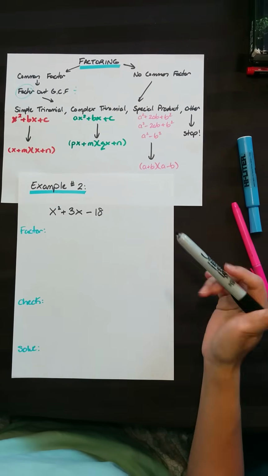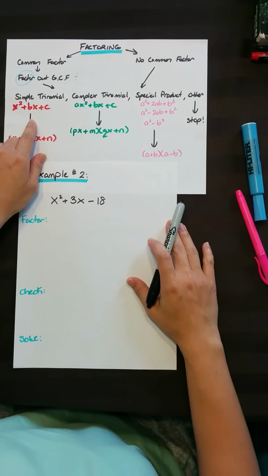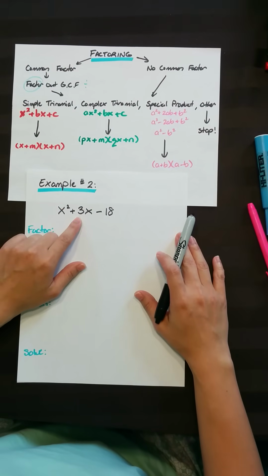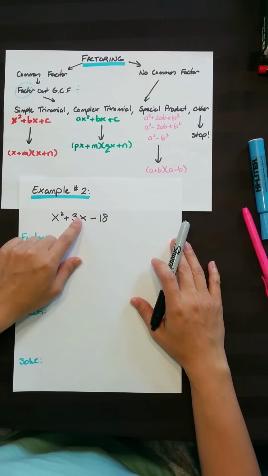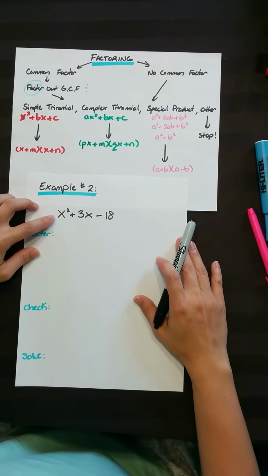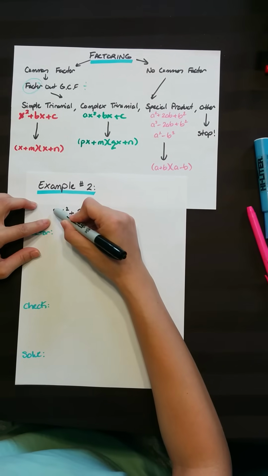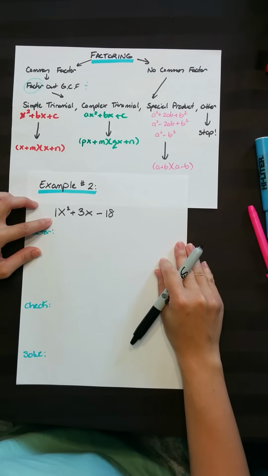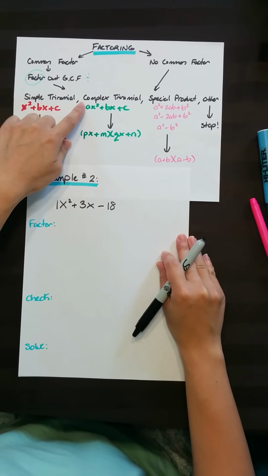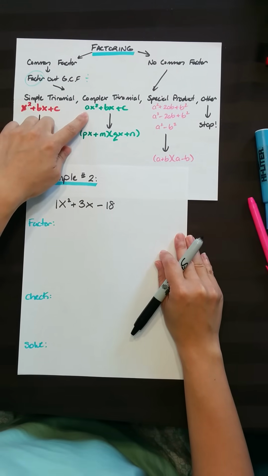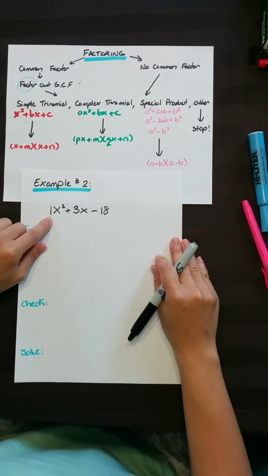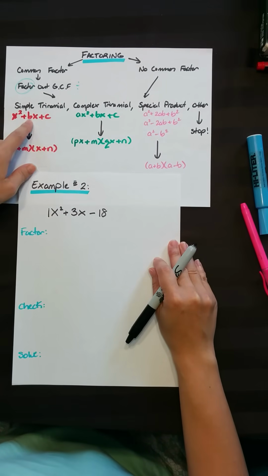All right, so example number 2. Taking a look at each of these examples, I'm saying, well, that kind of looks like this one. But then again, it also looks like this one. But what's the difference? Well, right in front here, we have a 1. It's invisible, but it's there. Okay, so that matches the simple trinomial. The difference is, with the complex trinomial, you have an actual number in front that's other than a 1. But in this case, since it's a 1, this is a simple trinomial, and we're going to break it down